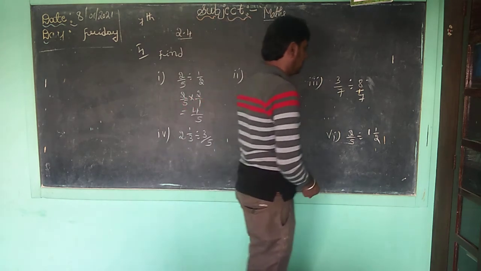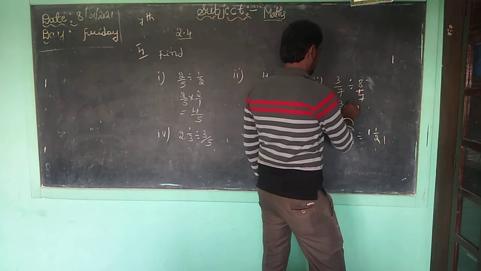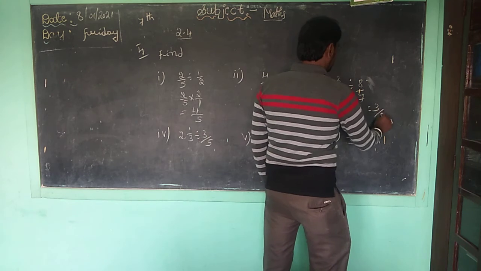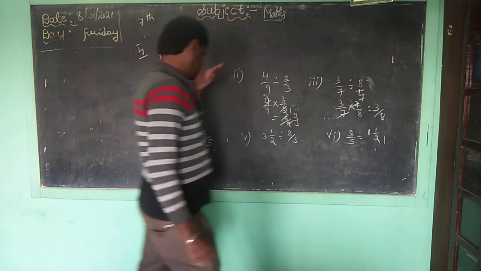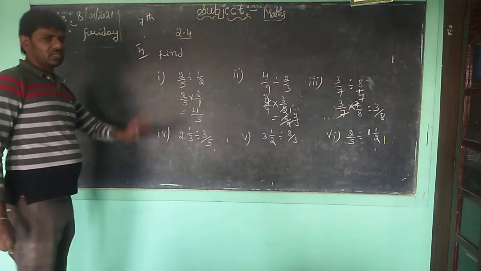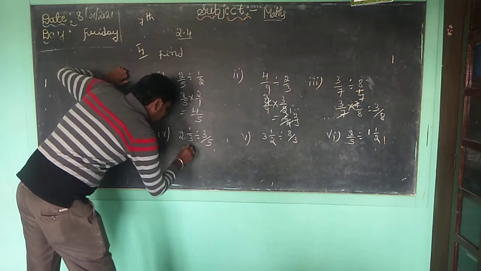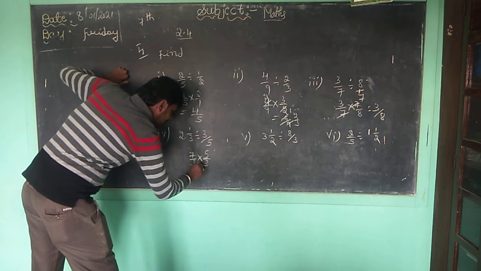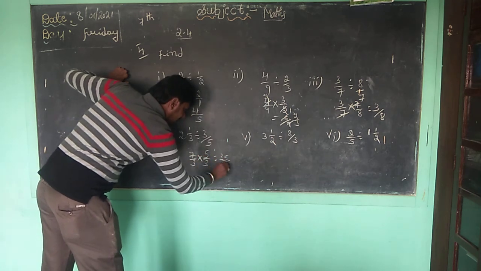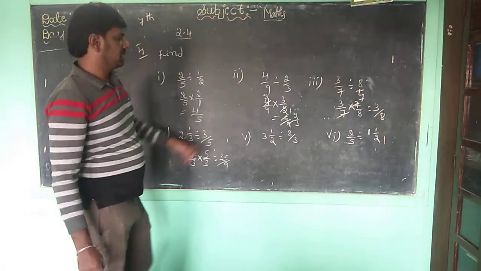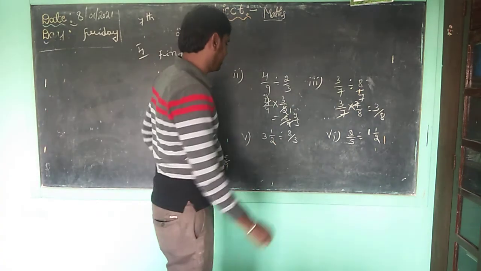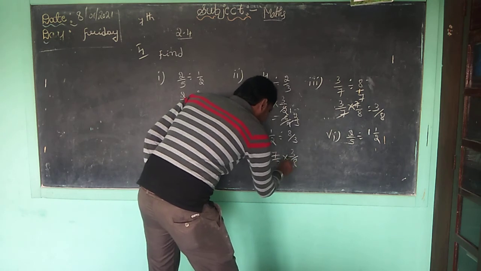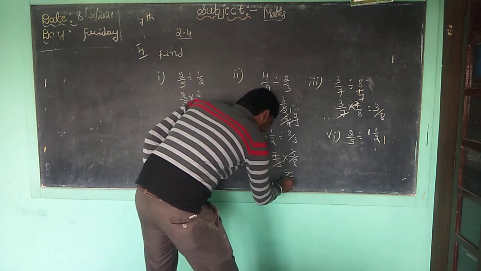So children, here also how you can represent 3 by 7 into 7 by 8. 7 7 cancel, it is equal to 3 by 8. Correct children? Children, now your mixed fraction is there, you want to convert it to a fraction. So 2 3s are 6 plus 1 is 7 by 3 into 5 by 3. So 35 by 9. And again also children, here 3 2s are 6 plus 1 is 7 by 3 into 3 by 8. This 3 3 we cancel, it is equal to 7 by 8.